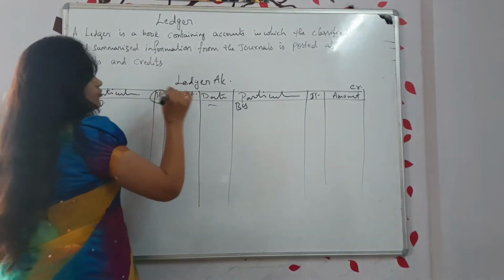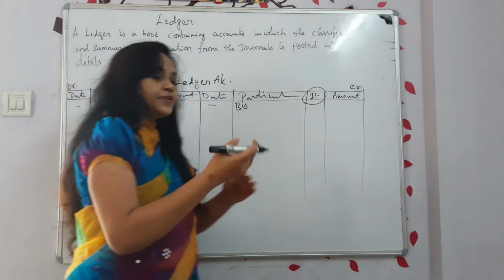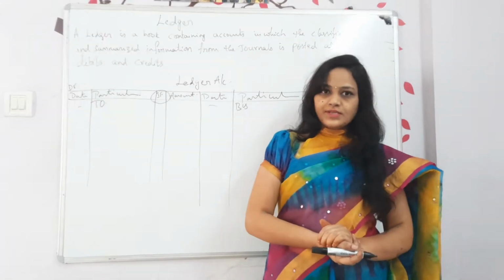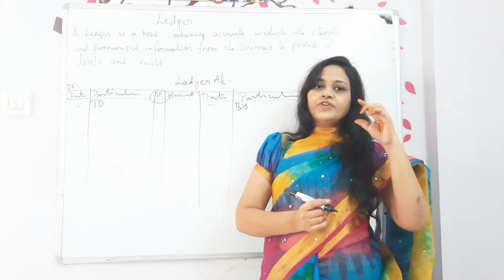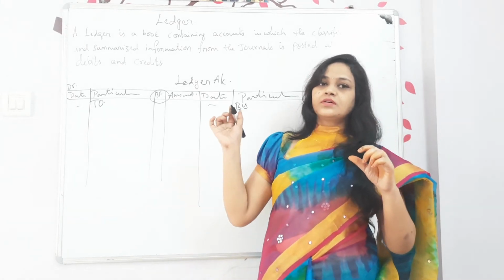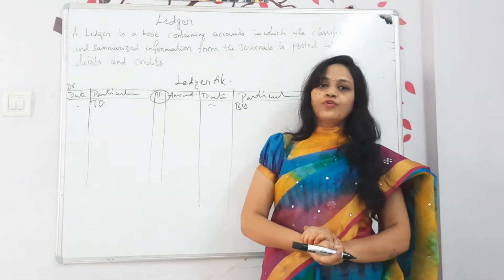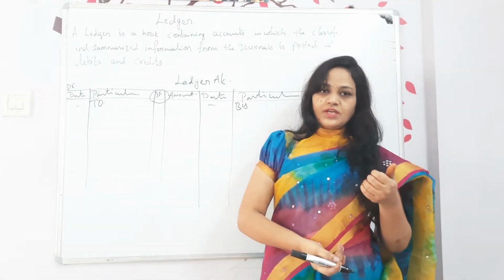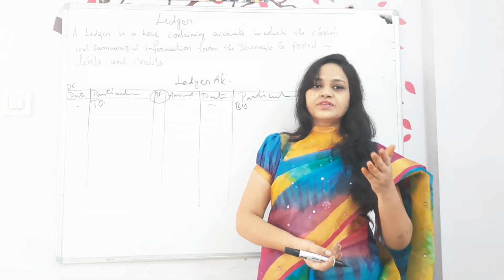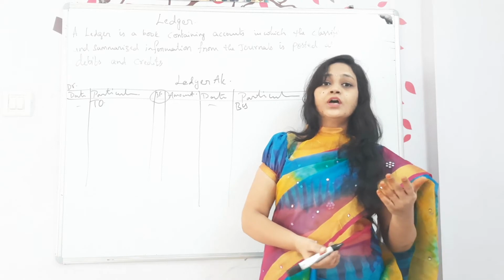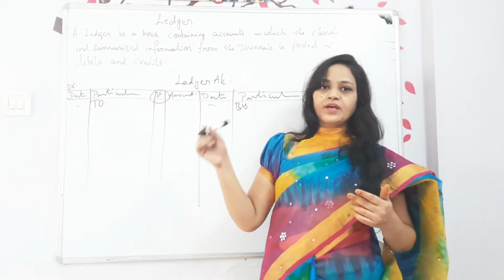What is this journal folio? In different papers we are writing the journals. Is it? So, which page that journal contains, that number we are writing here. Journal folio. If at all you commit any mistake, your amount or your total or your balance is not tallying, and you don't know where you have committed the mistake, you can cross verify from the journal folio. From that number, again you can go back.